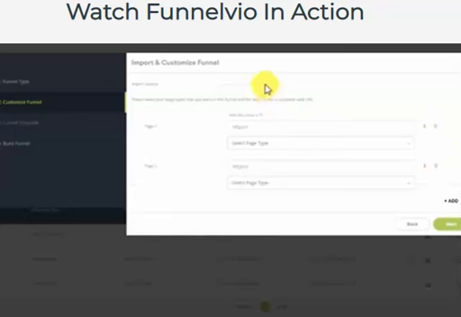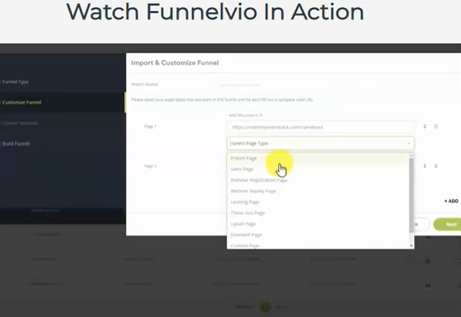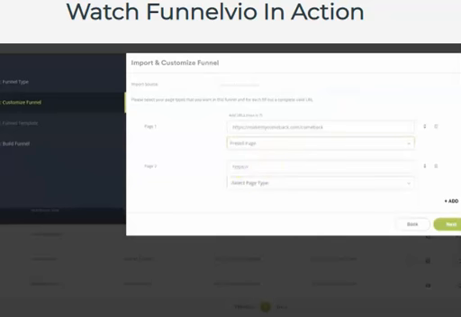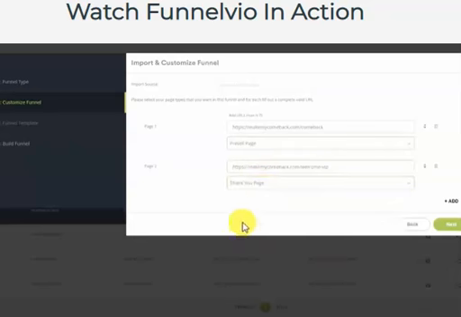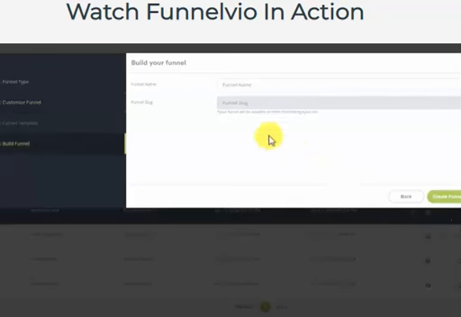Let's go ahead and add this URL. That's not the one. Okay, so this is the first one, which is going to be the pre-sale page. It's his opt-in page, and then this is going to be his welcome page. So this is going to be the thank you page. Just as important for classification. I'm going to click next and call this